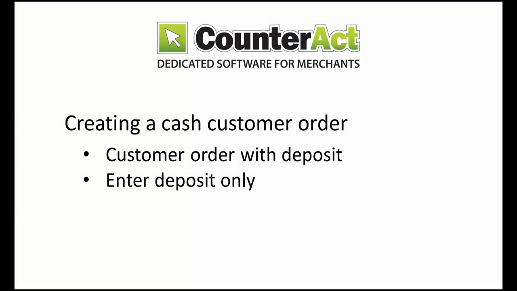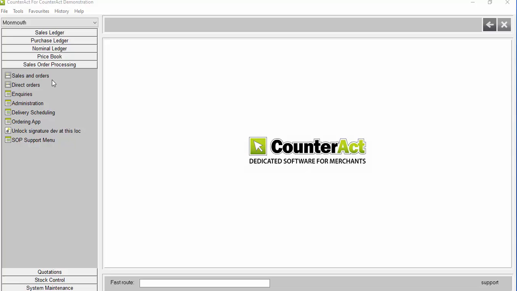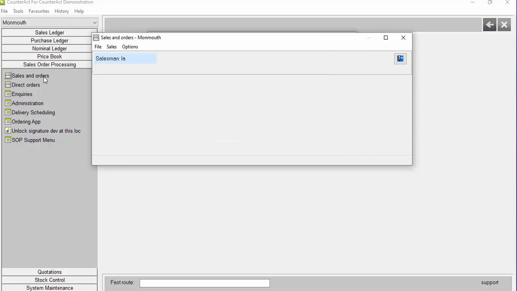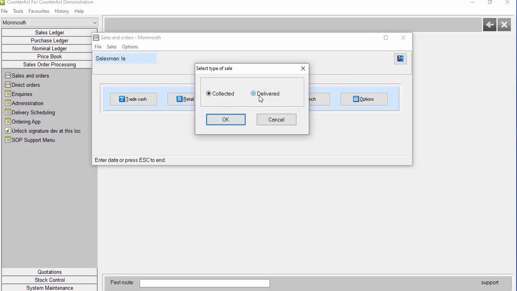Customer orders for cash customers usually involve taking deposits. So let's create a customer order for a cash customer and take a deposit. Use Sales Order Processing and select to do a cash sale. This system has the option of either trade or retail cash sales. Your system may be set so there is only one cash option. I will choose Retail and Delivered,